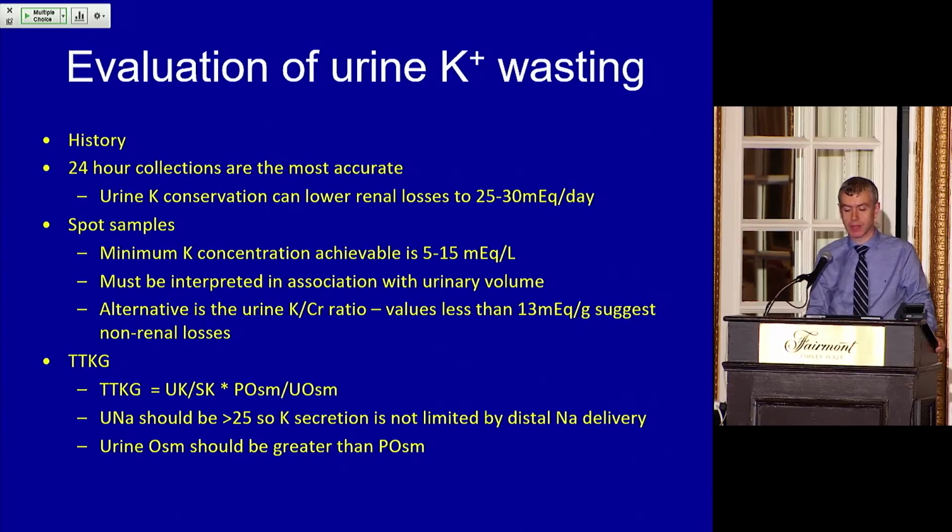In terms of evaluating for urine potassium wasting, obviously a detailed history is of extreme importance. 24-hour urine collections would be the next step, and are probably the most accurate. Urine K conservation can lower renal losses as low as 25 to 30 milliequivalents per day. So there's a phenomenal capacity to retain potassium in the setting of hypokalemia from the kidneys if the kidneys are